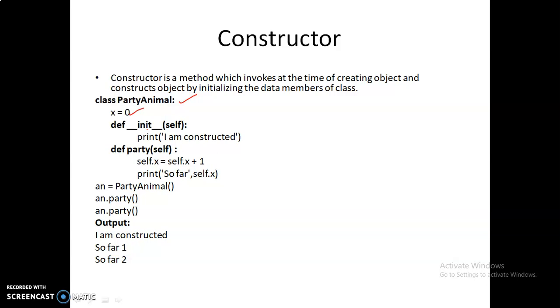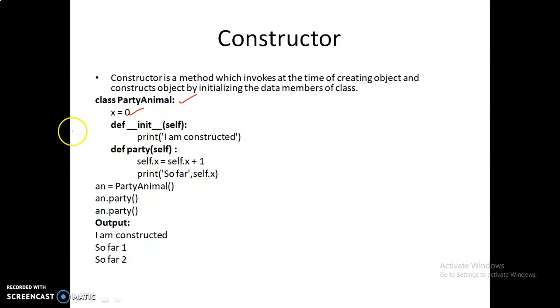The variables are already initialized by default, but if you want to assign some different values, you can use the constructor. Or if you want to execute any code at the time of creating the object, we can also use the constructor method.